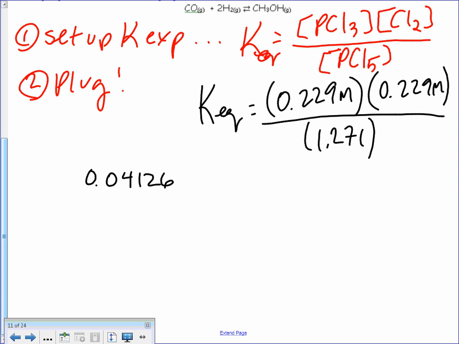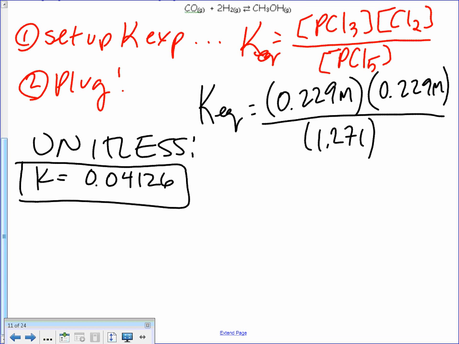0.0412. Can anybody confirm? Verify. Okay, so this is the K value. One fun thing about equilibrium constants is that they are unitless. This is K with no units. Yay! No units. Okay, so if this is our K value,